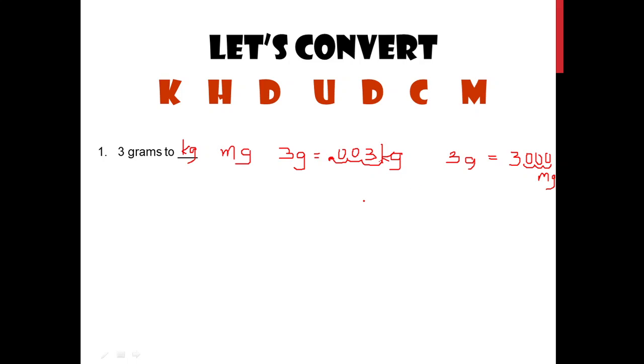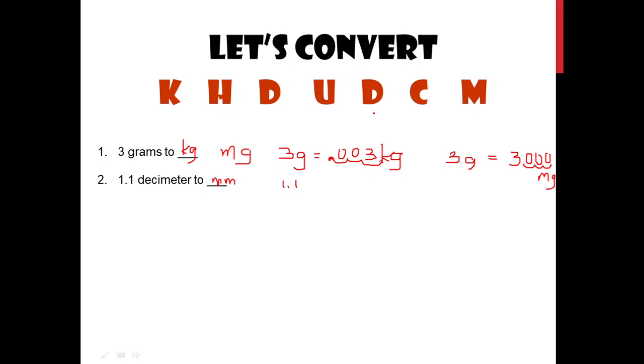Okay? Let's have another example. Now, here, 1.1 decimeter, I want to convert this one into millimeter. Okay, now, so again, write the number 1.1. Now, decimeter, so let's locate this one. It's this one. This is deca, this is deci, right? So this is decimeter. I want to convert this one to this one, millimeter.